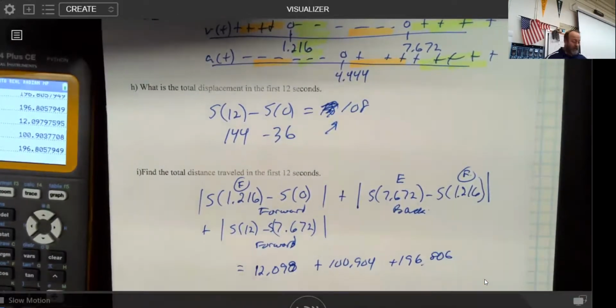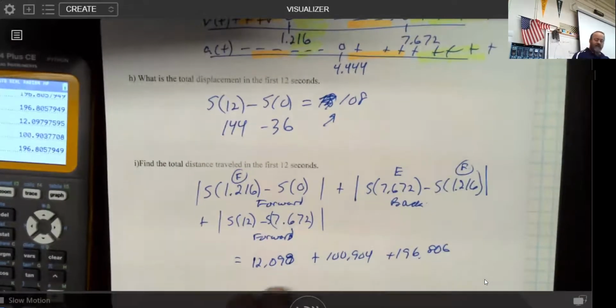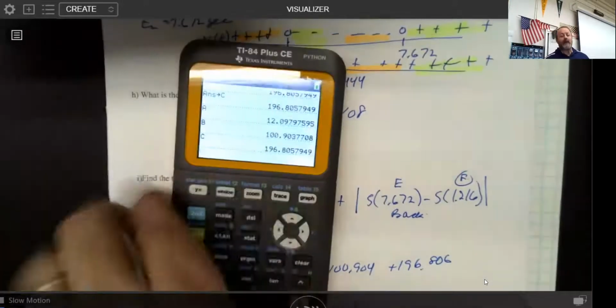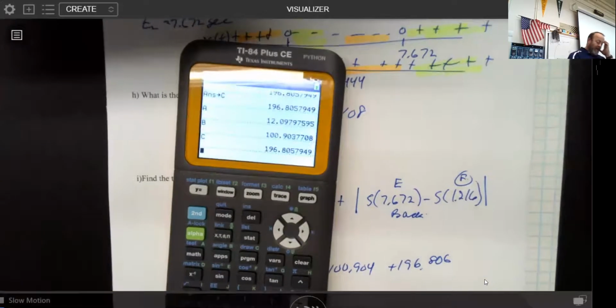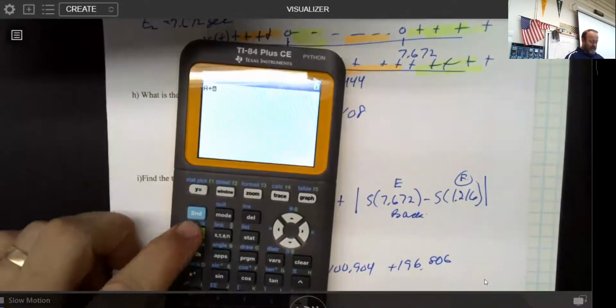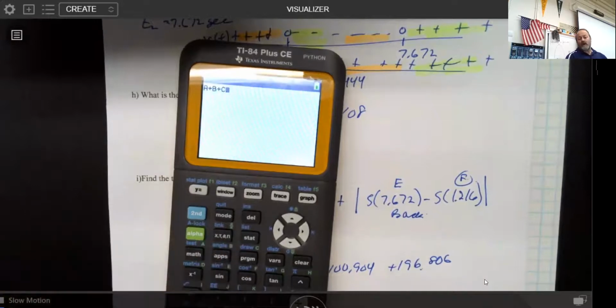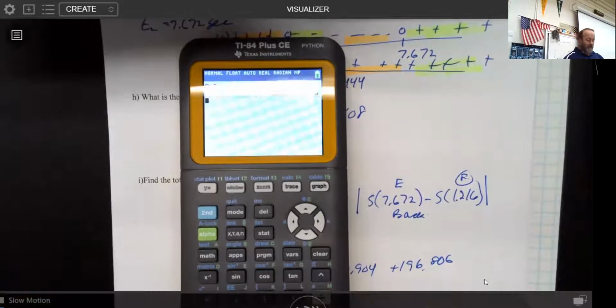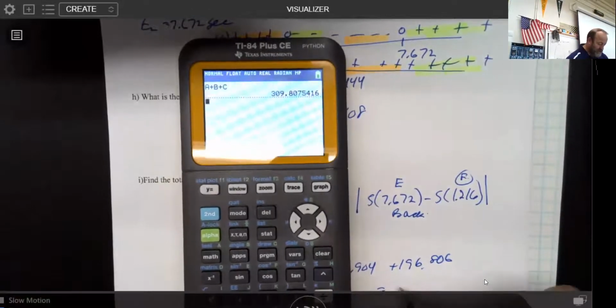Those are all great numbers, but if I added those together, I have rounded each of them off. Even though my calculator hasn't, I chose to round them off. I'm not going to do that. I'm going to hit alpha A plus alpha B plus alpha C. So I've got all of them stored in all of their glory, and we'll see what happens. And according to this, that summation should be